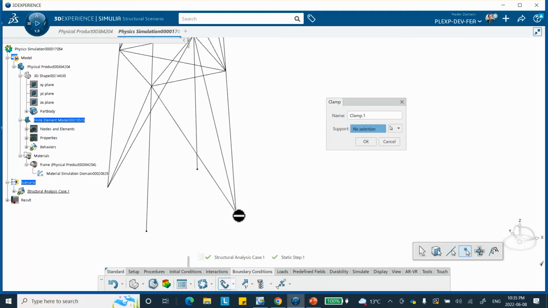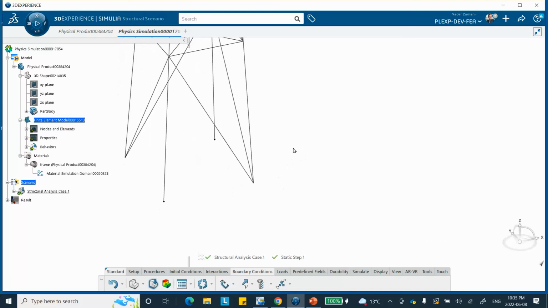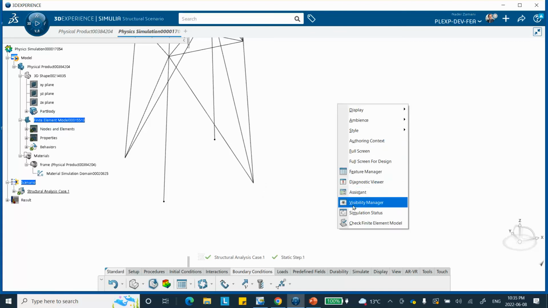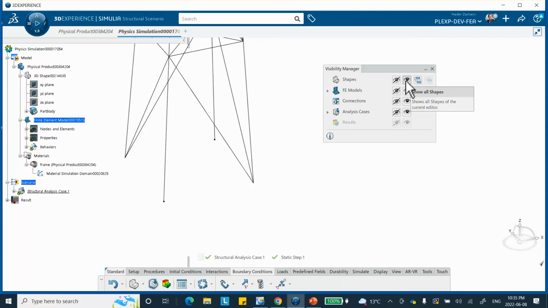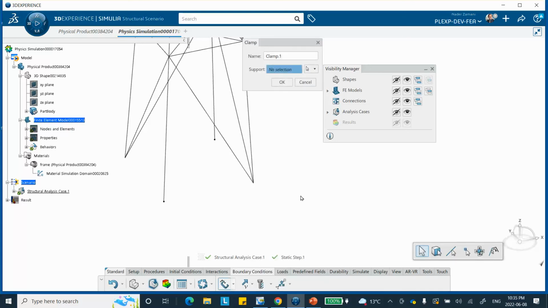Okay, let me do the following. Let me cancel that. I'm having some problem picking that point. But let's first of all look at the visibility. See what we got. Visibility manager. So we have the shape, which is the part. That's okay. That's good. So under boundary condition,